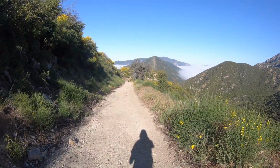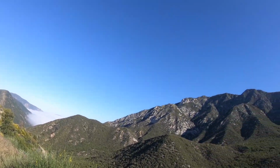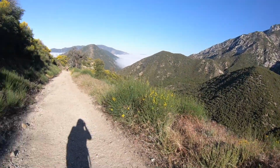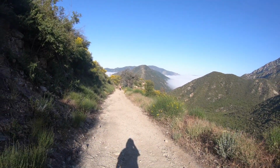Now we're 20 minutes into this hike. Check out those clouds over there, all down below. So if you wonder why it's such a beautiful day up here and not a cloud in the sky, that's because we're high above the clouds. So this hike, fire road most of the way, if not all the way, up and back,